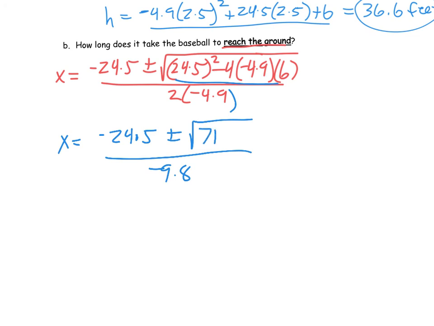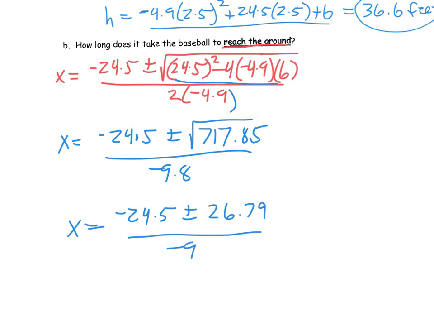I get 717.85. Okay, let's take the square root of that. Okay, so x equals, well, t, negative 24.5 plus or minus, well, taking the square root of that number, 717.85, 26.79,